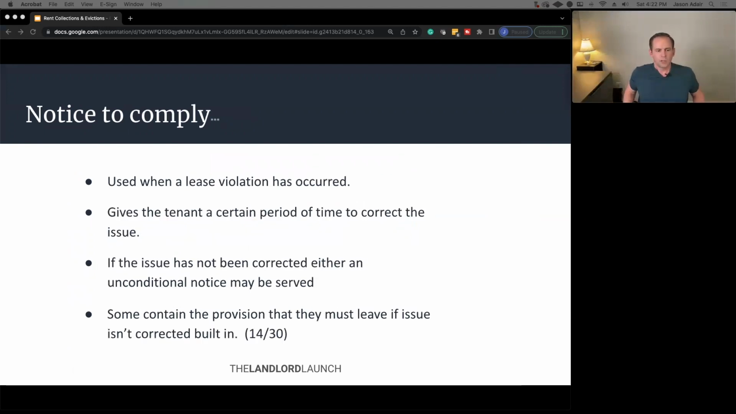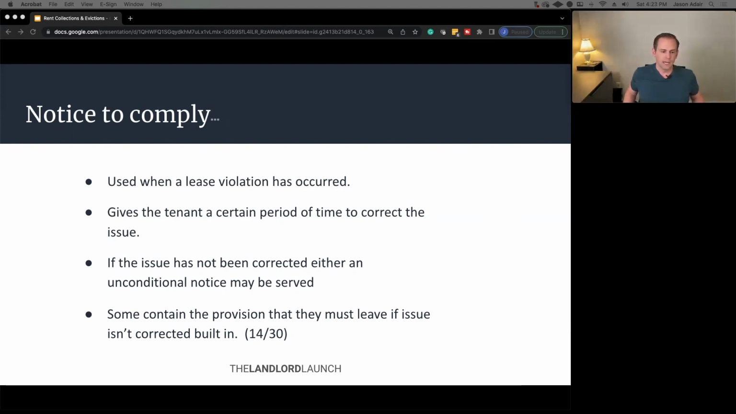The notice to comply. So this again is used when a lease violation has occurred, and it does basically the same thing. It says, hey, you violated this lease provision. You have this many days to correct it, and that is going to vary from state to state. And if you don't correct it within a certain period of time, then we are going to proceed with removing you from the premises. So we'll use Kansas because Kansas, I'm familiar with, is a 1430, and that's what we called them. We called them issue them a 1430. That means they had 14 days to correct the situation, and if they didn't correct the situation, there's a 30-day